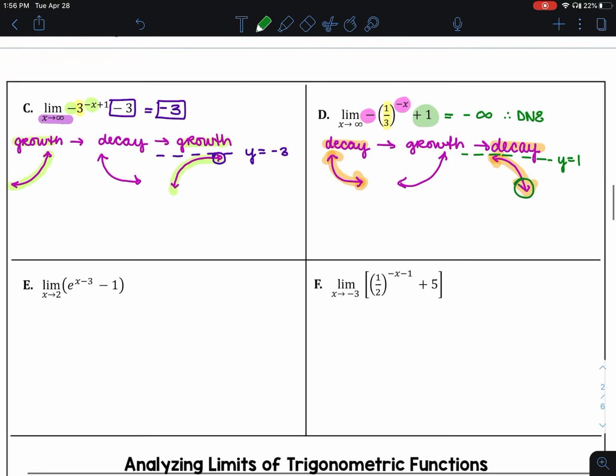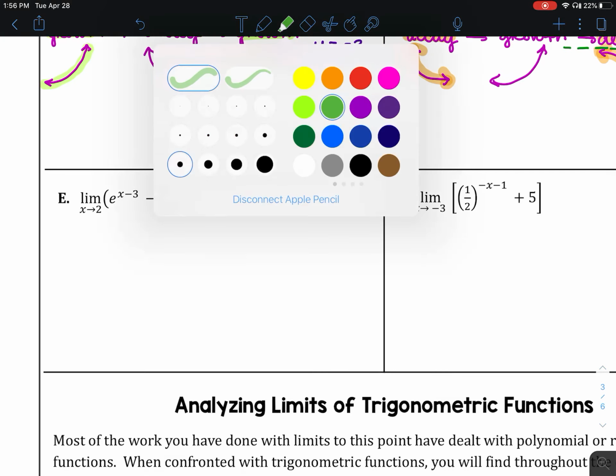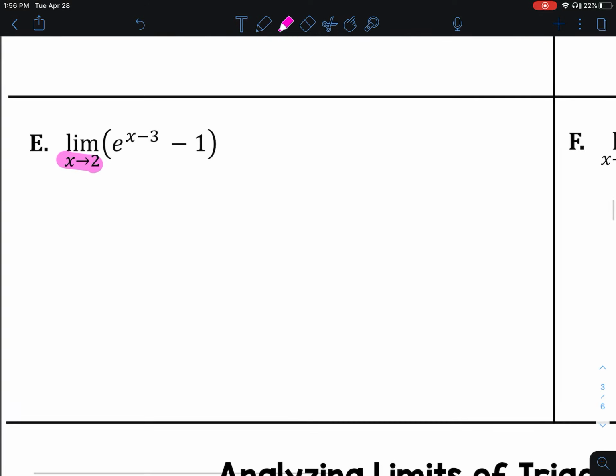Okay, so problem E and F were a little bit different than the other problems you were asked for. We're not looking for end behavior now, we're looking for a limit at a point. And so when you're asked for a limit at a point, you need to go back to just that flow chart on the front of the last lesson, evaluating it algebraically. So first try direct substitution. And so when we try direct substitution,